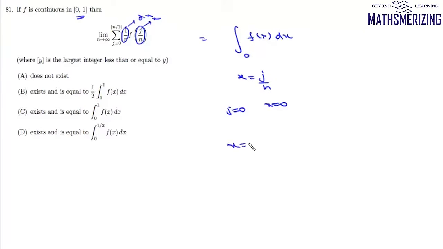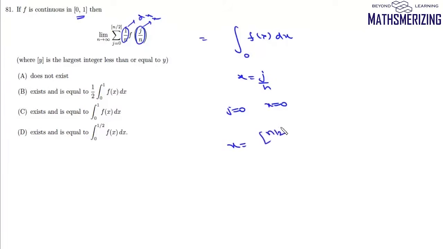Now question number 81 is, if f is continuous from 0 to 1, we need to find this limit. Now we see j by n, we know that j by n corresponds to x and 1 by n corresponds to dx. So we can change this limit into this integral, which is f(x) into dx. Now here x is j by n. Now we need to find the limits of this function. When j is 0, clearly x is 0. So the lower limit is 0. Now what about its upper limit? Its upper limit will be x equals